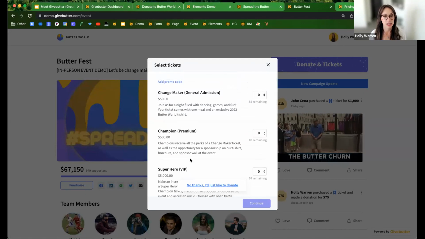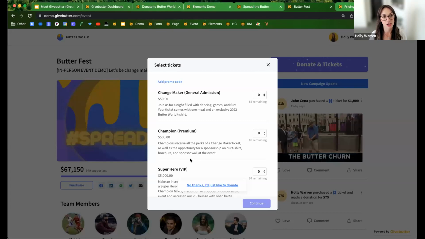If it is a digital ticket, along with the automatic receipt the Givebutter will send out with every transaction, they'll receive that digital event information that you can preset on the back end. If it's an in-person event and they purchased an in-person ticket, along with their automatic receipt, they will receive a PDF ticket that will include a QR code that can then be used to scan them to check them in